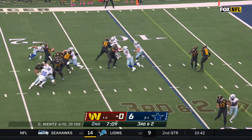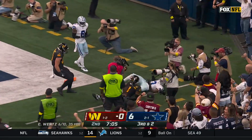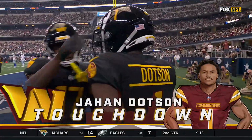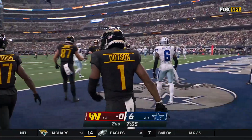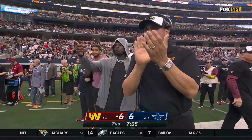3rd and 2. Wentz lofting corner of the end zone, caught for the touchdown. Jahan Dotson. Well, when they traded for Carson Wentz, these are the throws that wowed them. This is why Ron Rivera...